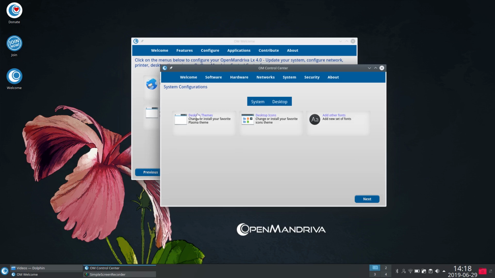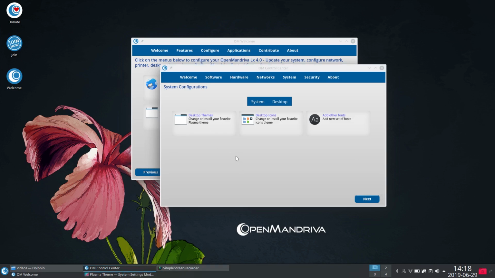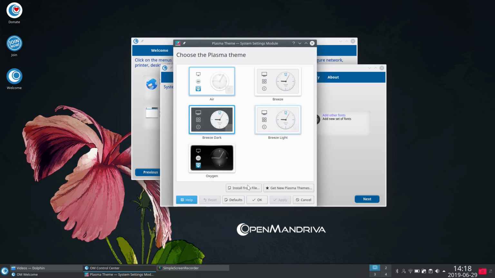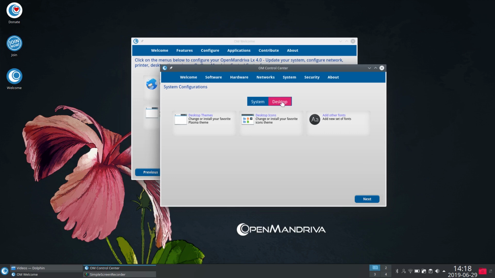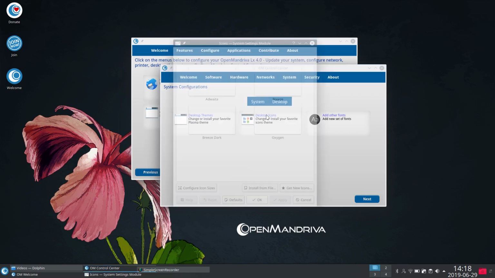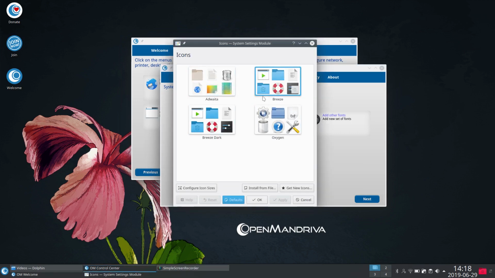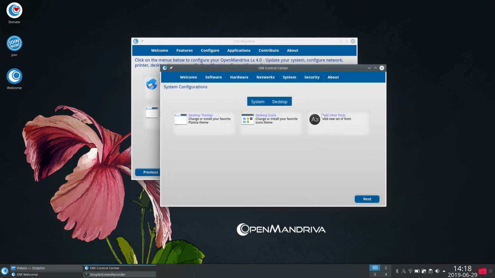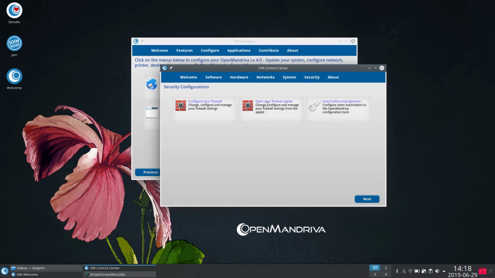Haven't tried that yet. So let's click on desktop themes. So that takes you to the settings. And you've also got desktop icons. Takes you to the desktop as well. So not a lot of choices there at the moment. Add other fonts. So that's that there. You've got security, configure your firewall, open your firewall applet,